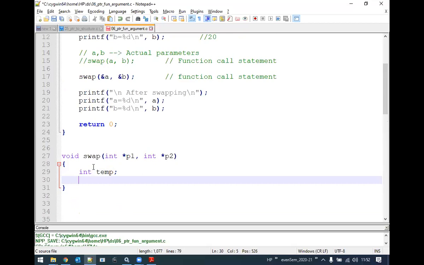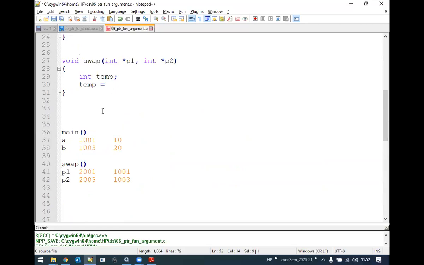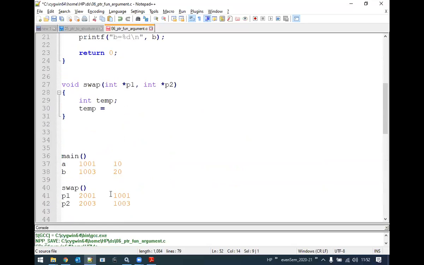Now, how the interchanging of the values takes place, look here. So temp equals to, if you look into the previous blocks, we have temp equals x, that is the first parameter. Here the first parameter is a pointer, that is p1. Now what I want to do is retrieve the value of this particular pointer, wherever it is pointing, that is the value located at 1001. The value located at 1001 is 10.